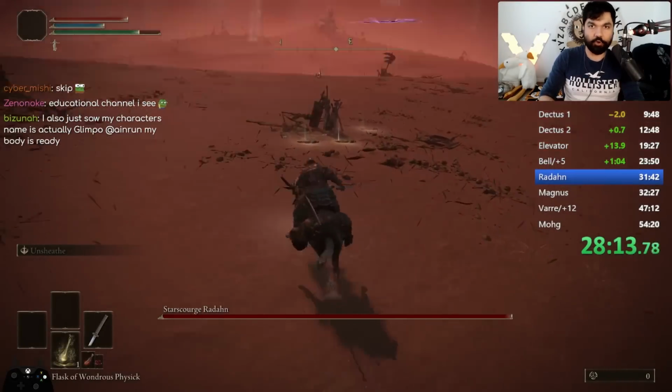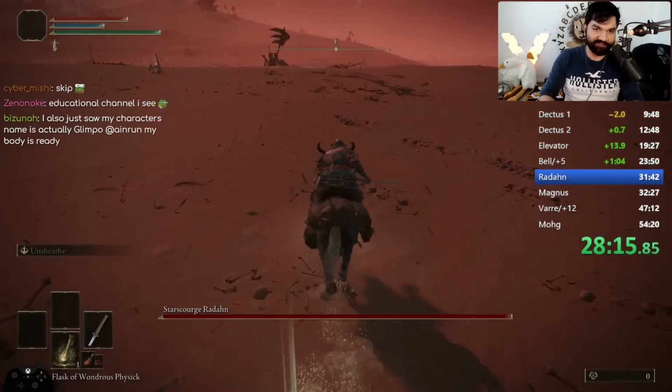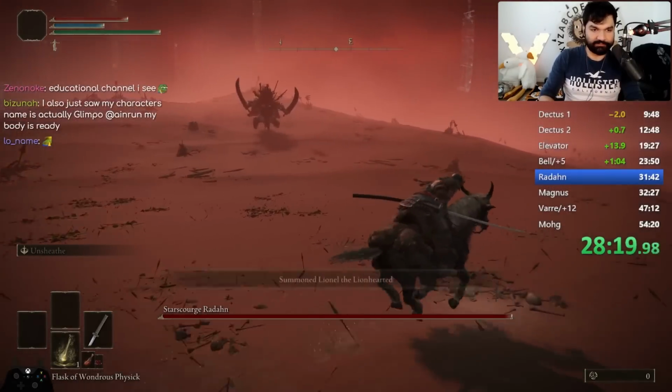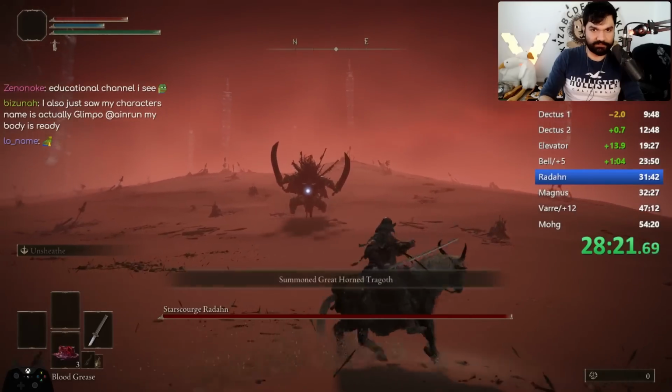For Radahn, I use summons to speed up the fight because of my weaker early game build. It's tragic. I mean, I don't think it really matters for this, but...